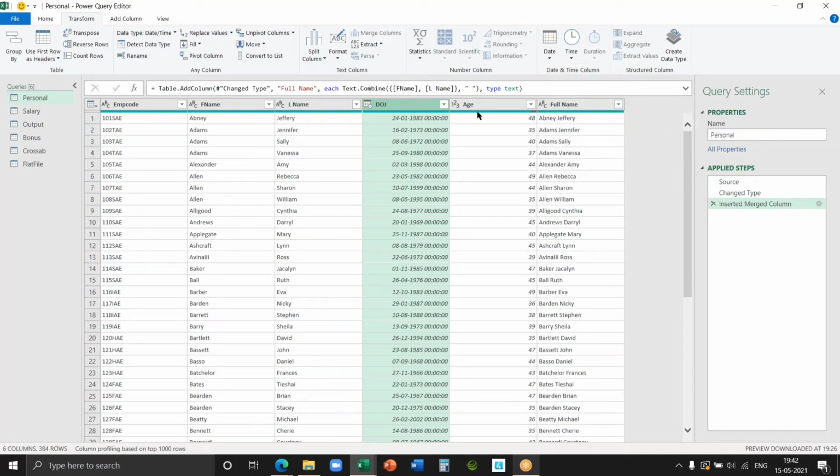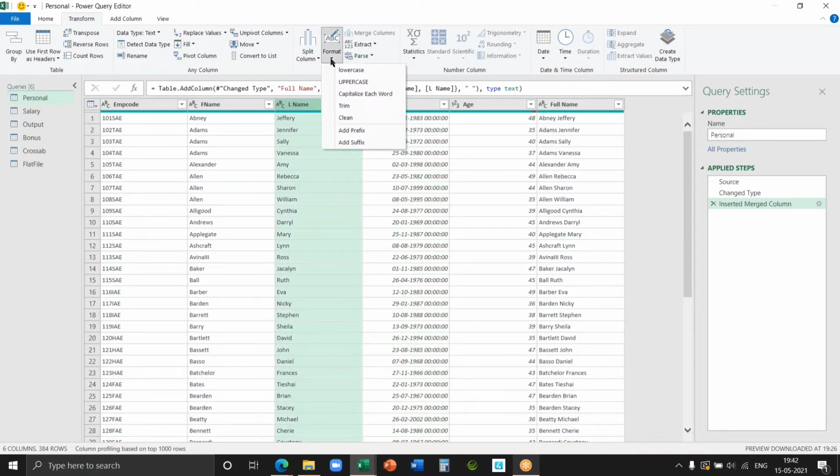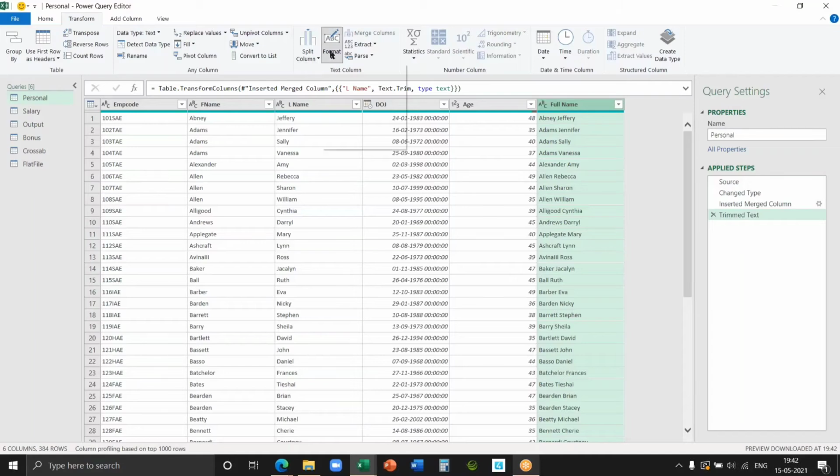Second thing is that if you remember, we did work with the format, right? So for format, I have shown an example of uppercase, but yes, you can use other cases also: lower, upper, capitalize each word. Then what is trim? If there is extra space, sometimes we pull the data from the internet, web. So we see a lot of data which has extra spaces, that is called trim. So you can use trim also, to remove spaces. So in this column, I don't know if there is any extra space. How will I come to know? I use trim. Done.